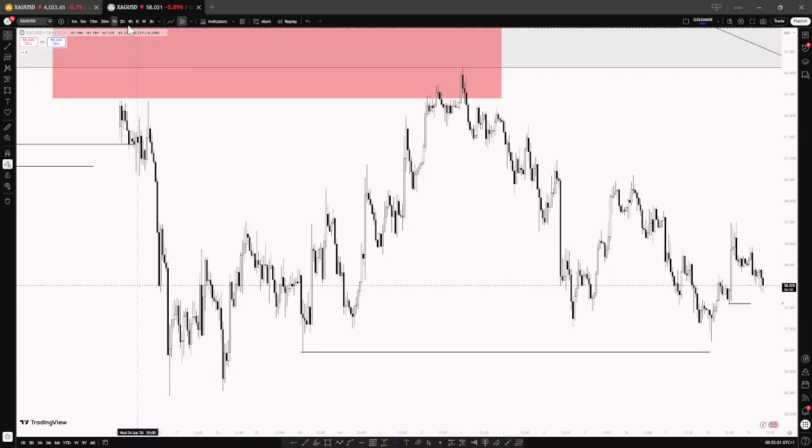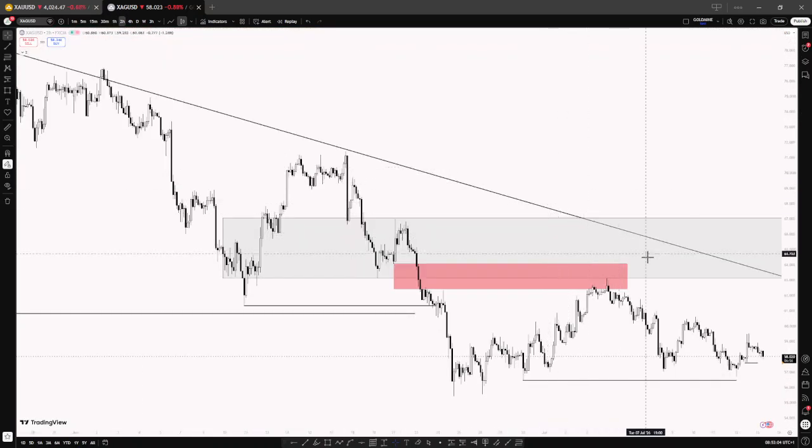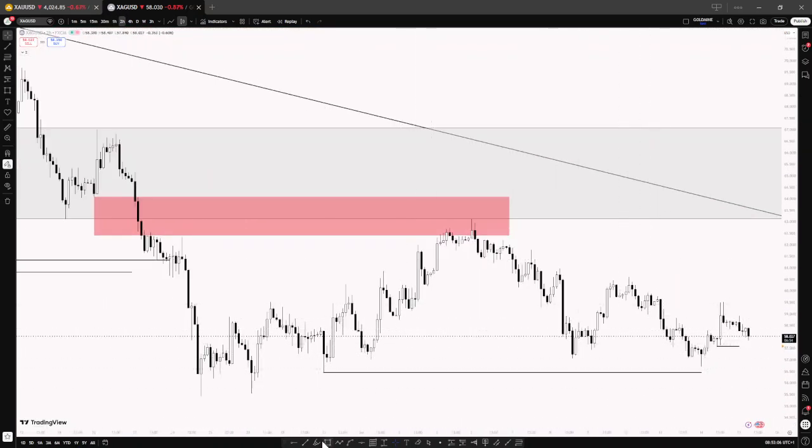If you go to the 2 hour time frame, you can see that on the median time frame, its own trend was actually bearish. Price was pushing to the upside, creating higher highs and higher lows. You can see from here price was pushing higher before then reversing to the downside.